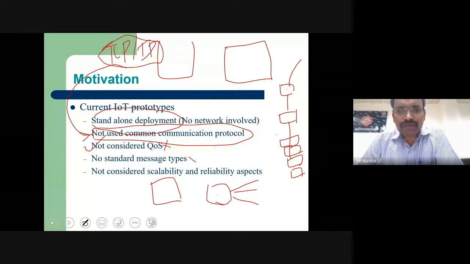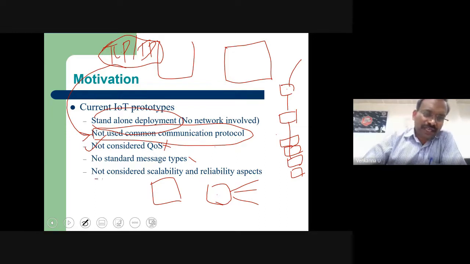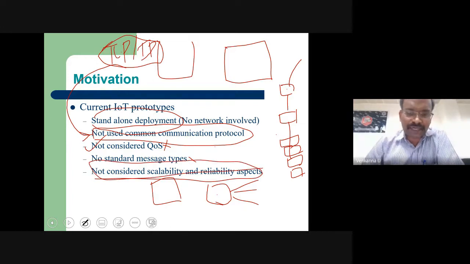But when you come to IoT, as of now, standard message types are very tough, because somebody is sensing healthcare data, somebody agriculture data, somebody industrial information. Every data has its own different format. Then how to bring a common message format is a big challenge. And current solutions are not bothering about scalability and reliability.